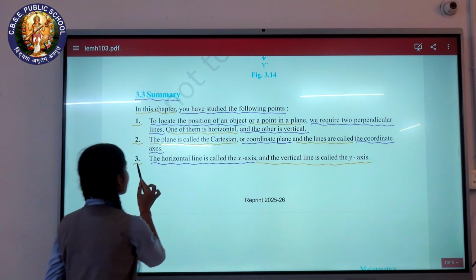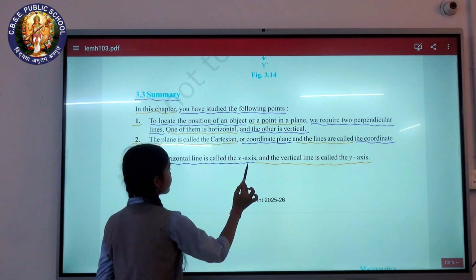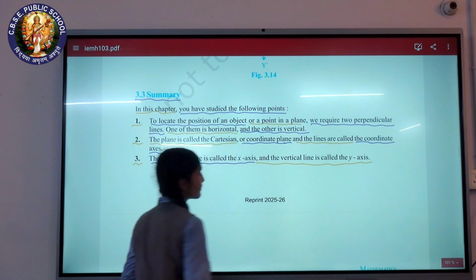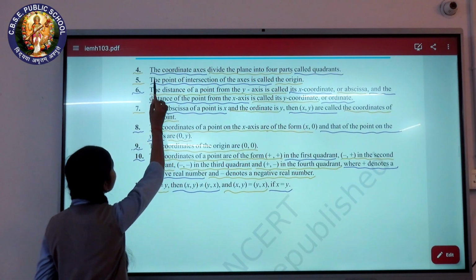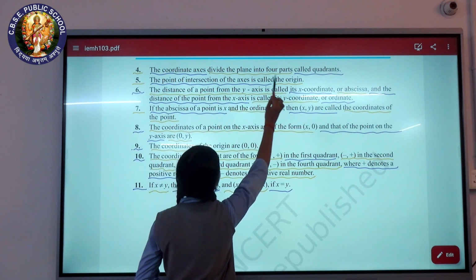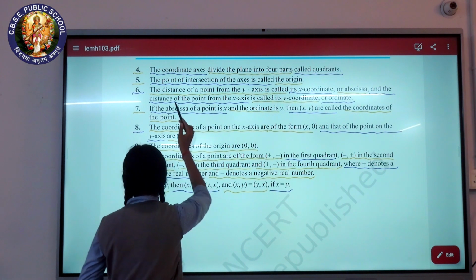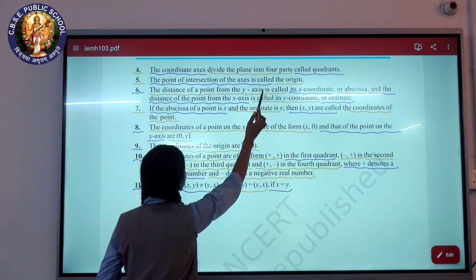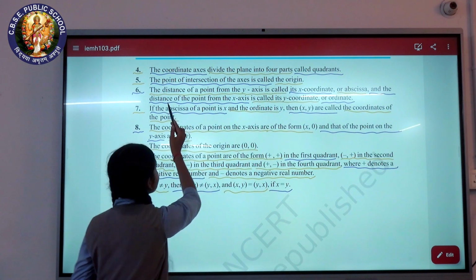Third, the horizontal line is called the x-axis and the vertical line is called the y-axis. Fourth, the coordinate axes divide the plane into 4 parts called quadrants. Fifth, the point of intersection of the axes is called the origin. Sixth,